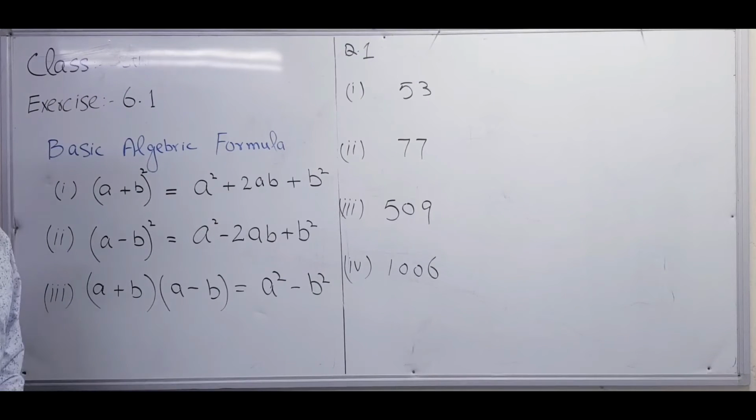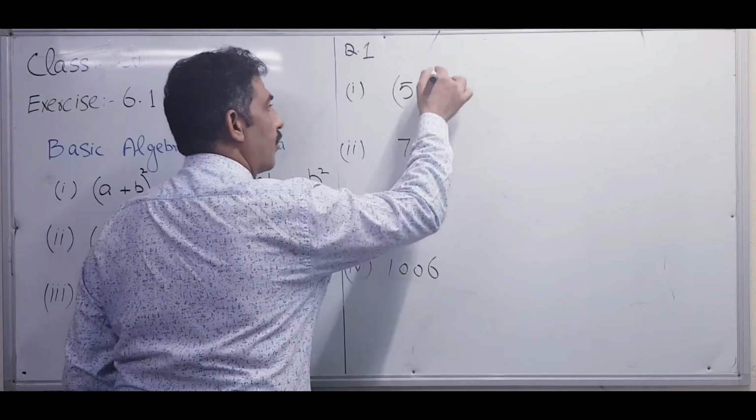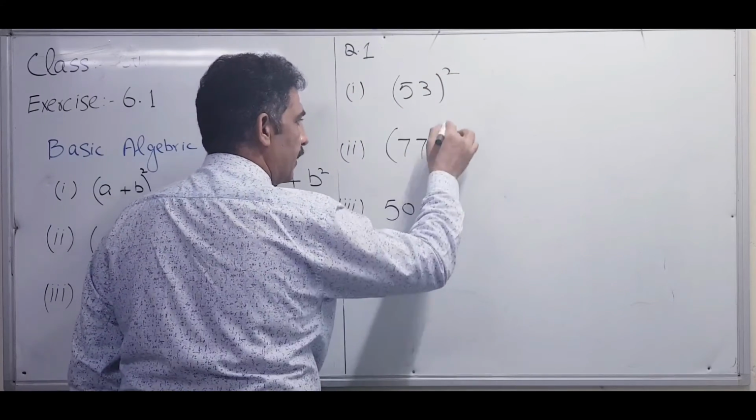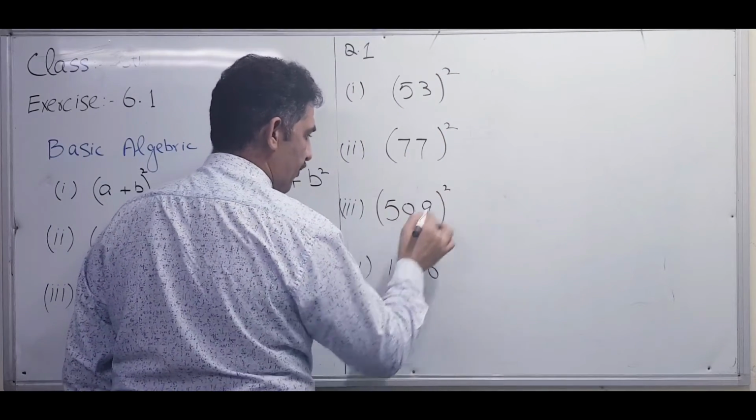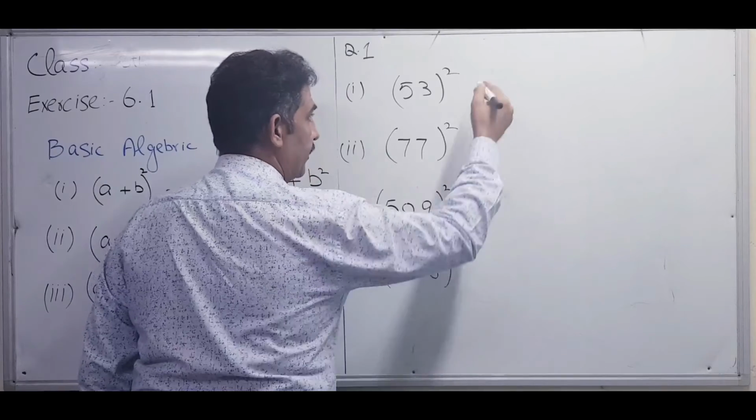According to the statement, solve these questions with the help of formulas. We will use the first two formulas to solve these questions, and it will become the 8th part. According to the formula, first of all, we need the square. We need the square of this, the square of this, the square of this.